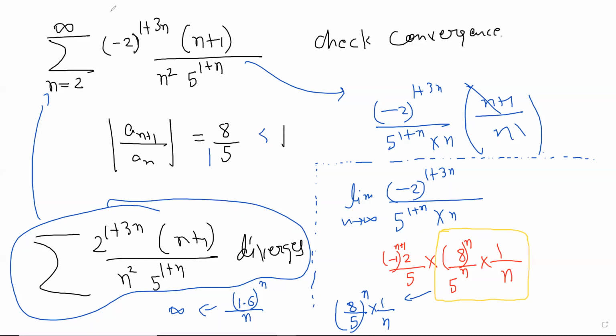Then this might give you a hint. If it comes out to be greater than 1, then you can say, number one, that it diverges. It doesn't converge absolutely. That is clear. And second, you then have to go back and apply some other technique to check. Like the example we did.